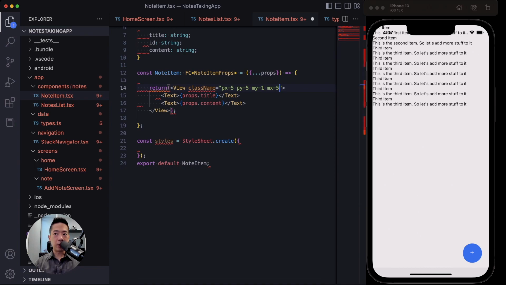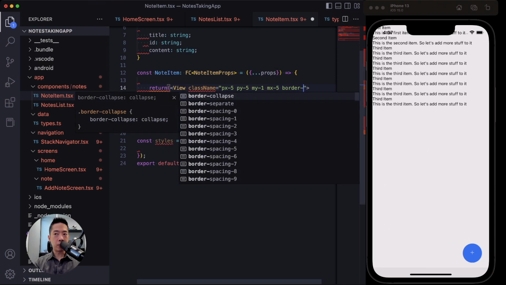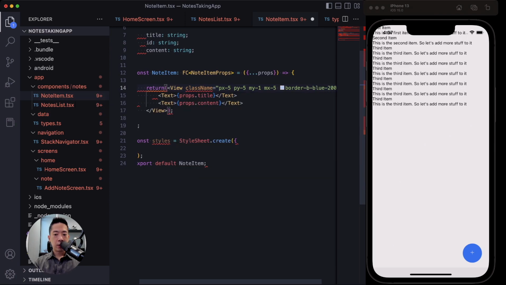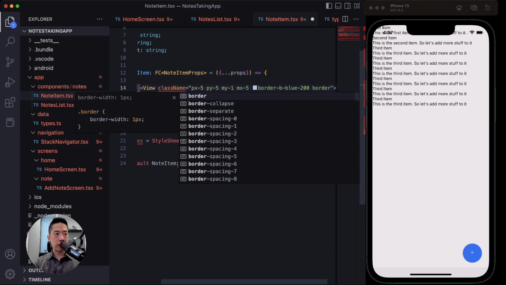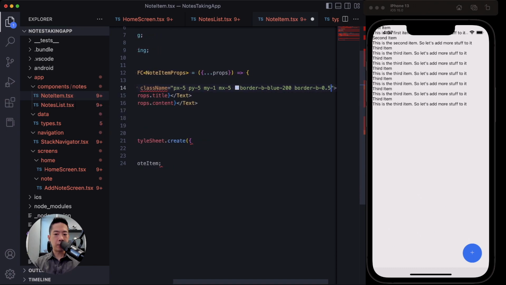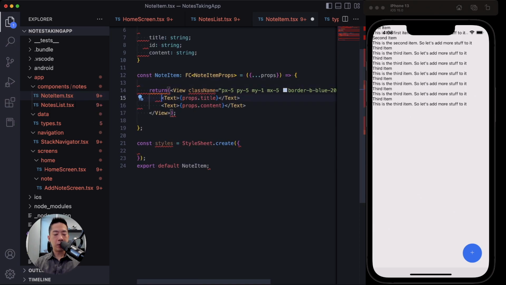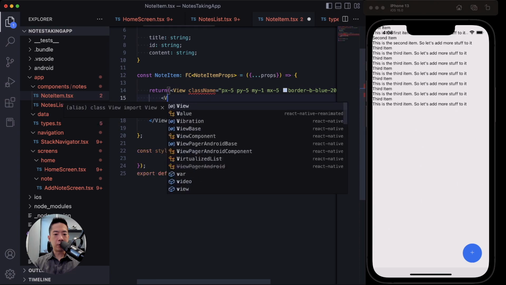Okay, what else do we need? Maybe some border at the bottom. So border-b-blue-200, let's say. And the width of the border at the bottom, let's say 0.5, and flex-row. We will also need to wrap the two